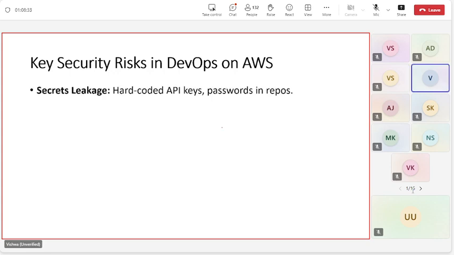The key security risks in DevOps are major stuff. Okay, hard-coded API keys. I'm sure you guys understand what an API is, right? An API is something where a software component will go and talk to another software component.